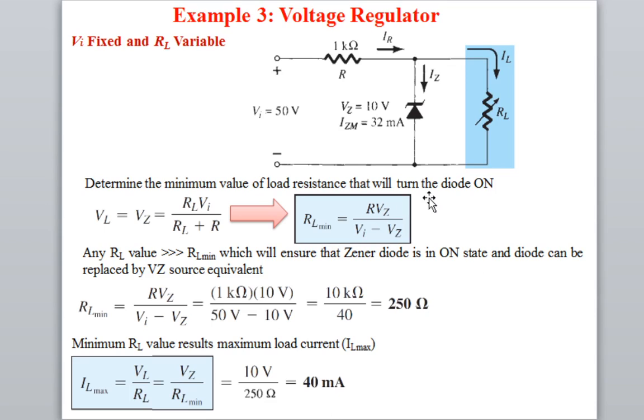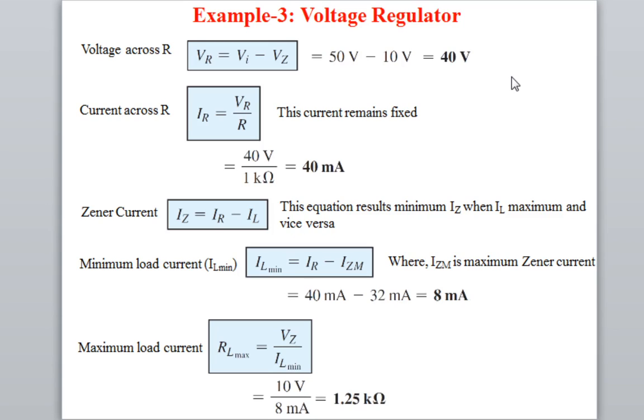But remember, here you are changing the load current from 40 milliampere to 8 milliampere, but the voltage remains the same. How much voltage? Voltage is basically 10 volt. That is the concept of voltage regulation. Whether you change the load resistance, the output voltage is independent of the load resistance. Here output voltage remains constant, that is 10 volt, whether your load current is 40 milliampere or 8 milliampere. So that is the idea of voltage regulation. I hope you understood the basic concept of voltage regulation.